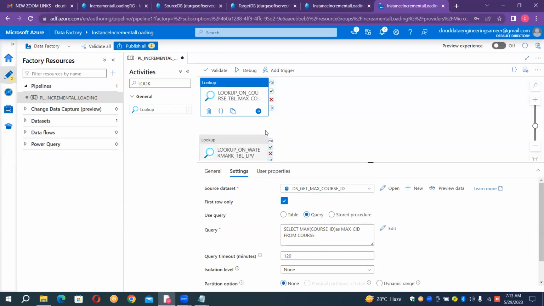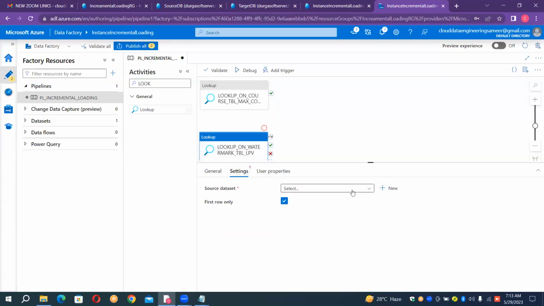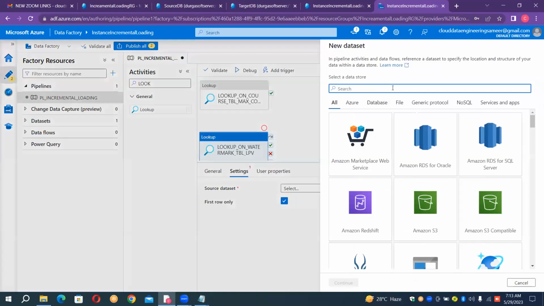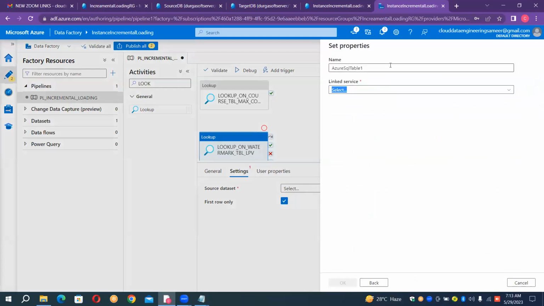Next one. So just click on the second one, select it here. Can you see here? You can select it, but here the naming standard is not generic. So hence we have to create one more data set. I'm creating one more data set, SQL. Select it. I'm giving ds underscore get